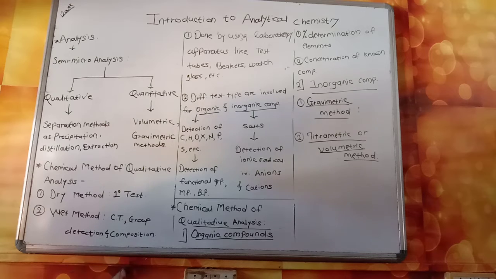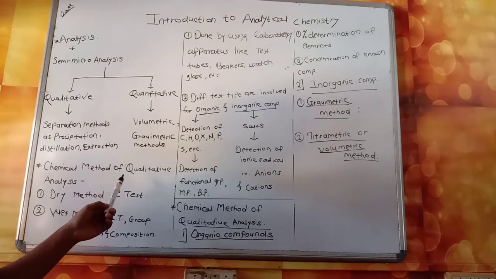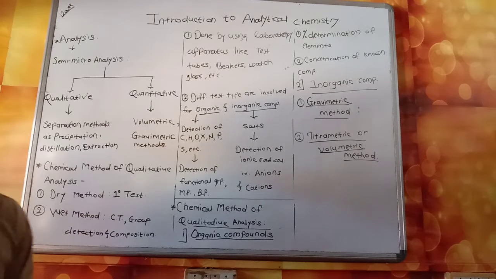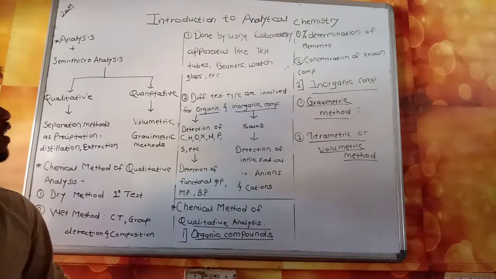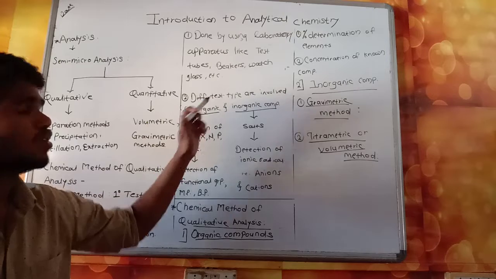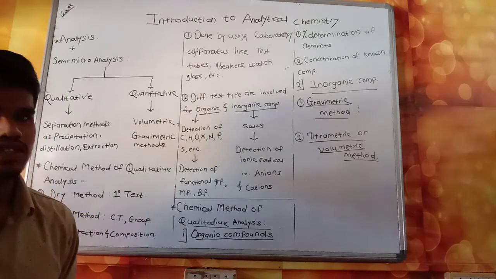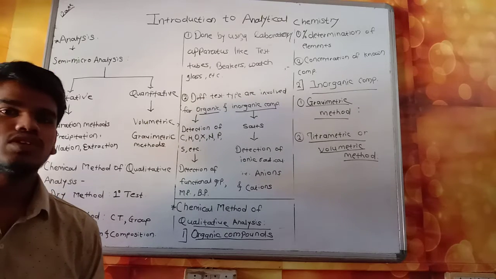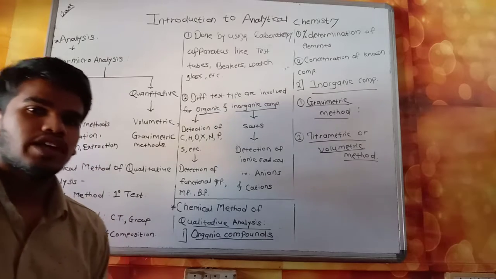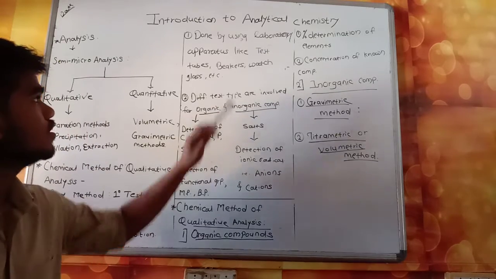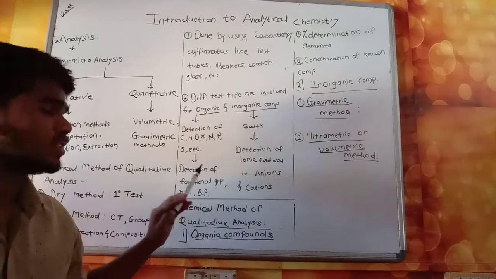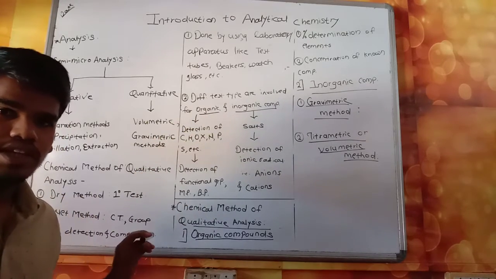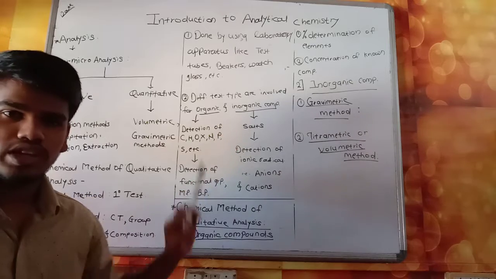Okay, so wet method is used for determination of conformity test of detected groups and to determine the composition of the given sample. Okay, so the chemical method of qualitative analysis involves the use of laboratory apparatus like test tubes, beakers, watch glasses, wire gauze, burners, etc. Their explanation will be given to you in your college practicals, along with the introduction of this apparatus. Okay, now different types of tests are involved in the qualitative analysis of organic and inorganic compounds.